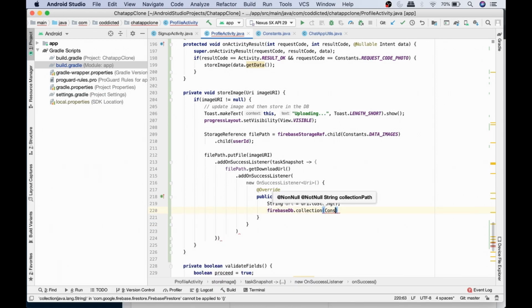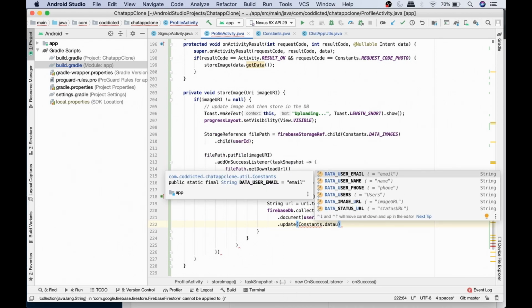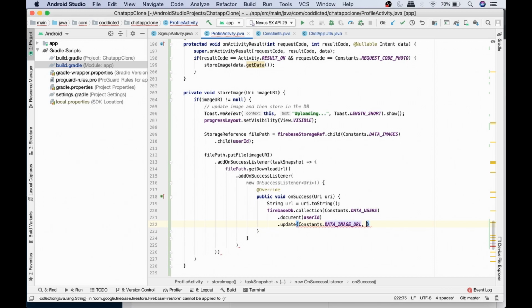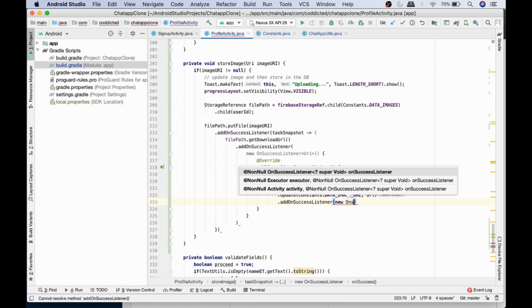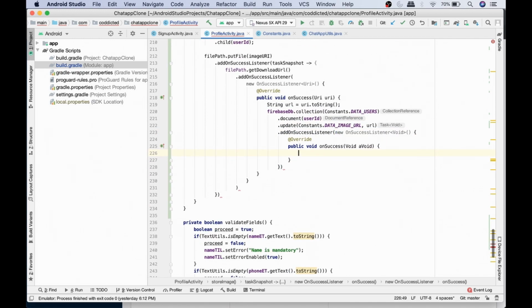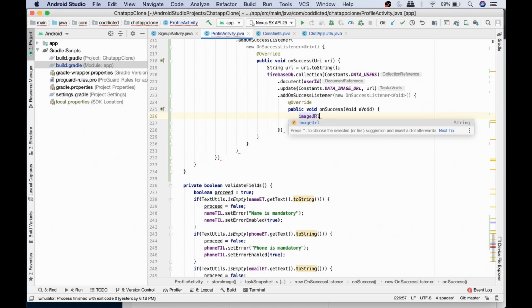So we fetch the collection Constants.DATA_USERS.document of that user ID.update, and we need to update the data image URL with this URL, and once it is successfully updated, new OnSuccessListener. So we have the imageUrl equals url,